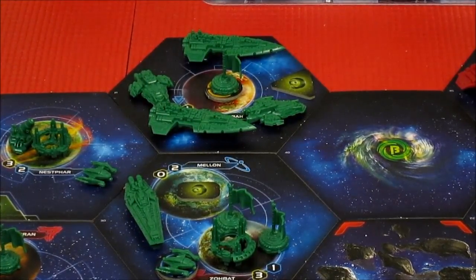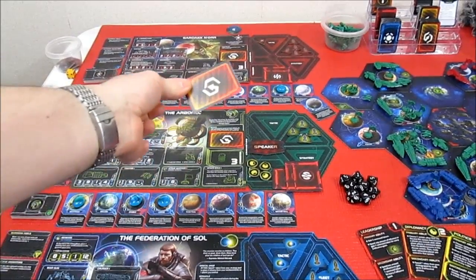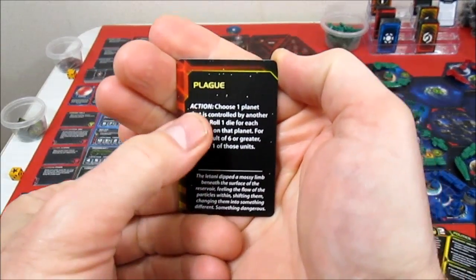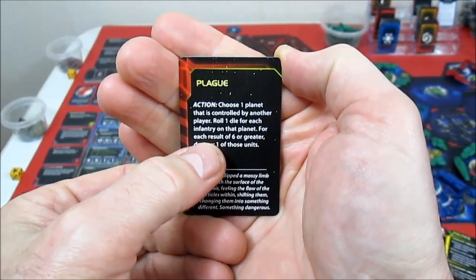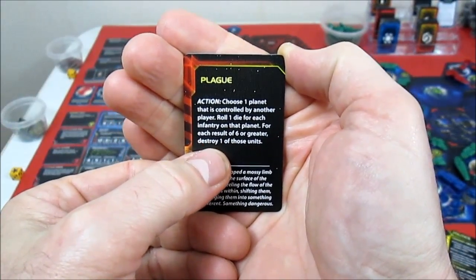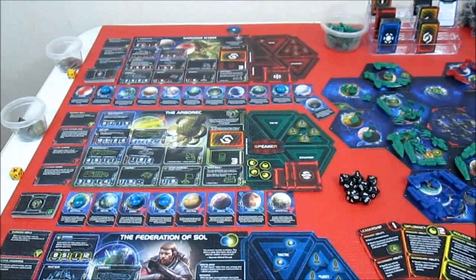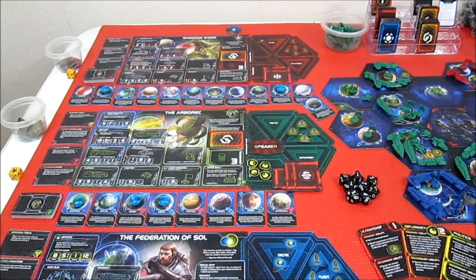Up next, Sardakk N'orr to do another action. And I'm doing it long distance because they have an action card they are going to play, and it is Plague. Action. Choose one planet that is controlled by another player. Roll a die for each infantry on that planet. For each result of a 6 or greater, destroy one of those units. I wonder which planet they are going to target. Let's go to the play area and see who they are going to hit with their strategic, genetically made plague,